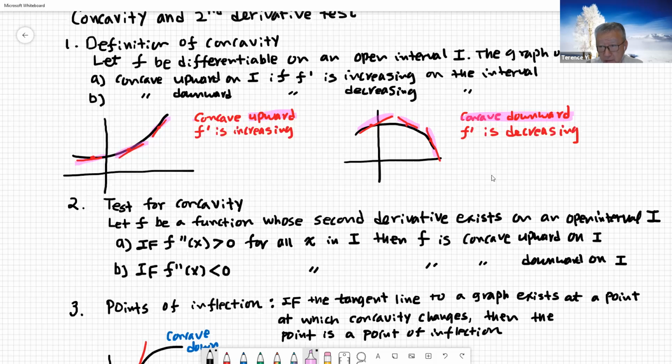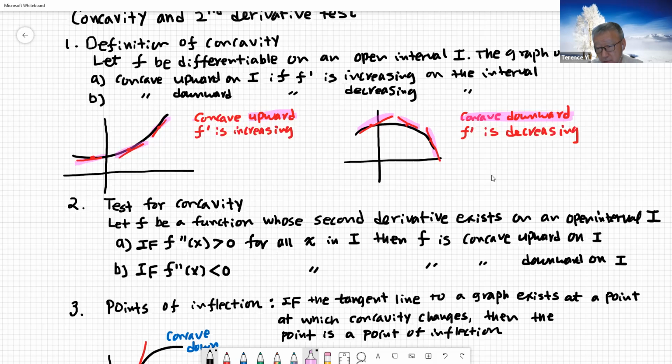From there, we could also find the relative extrema, and that was what we call the first derivative test. So to understand concavity, we need a similar concept from increasing and decreasing functions. Concavity simply tells us the opening of the graph,